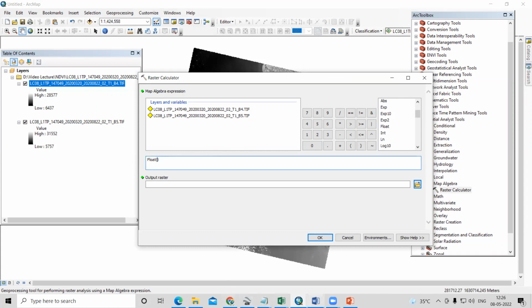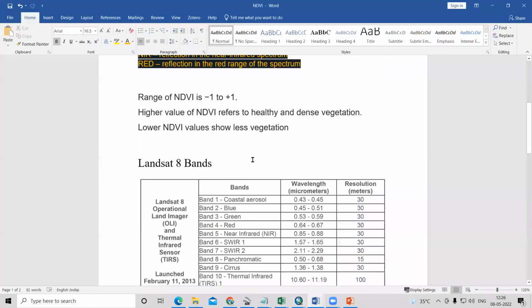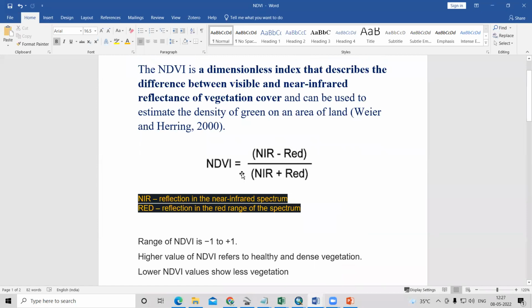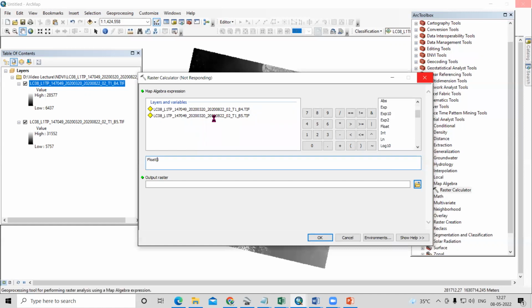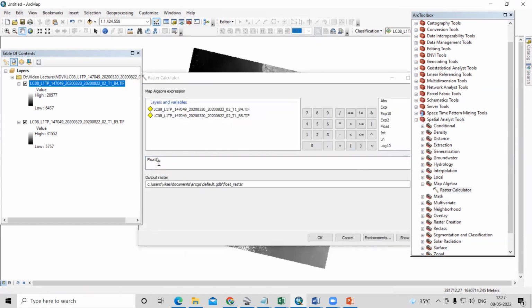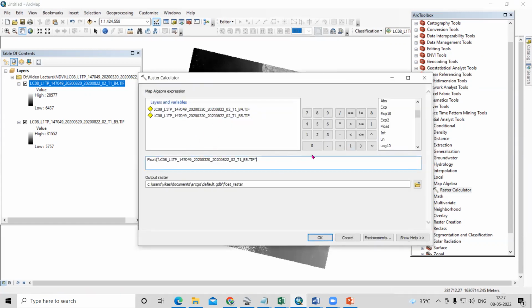So the formula, as we have discussed: NIR minus red divided by NIR plus red. This formula we're going to use. So Float, after that band number 5 minus band number 4, again divided by Float, band number 5 plus band number 4, and I will provide